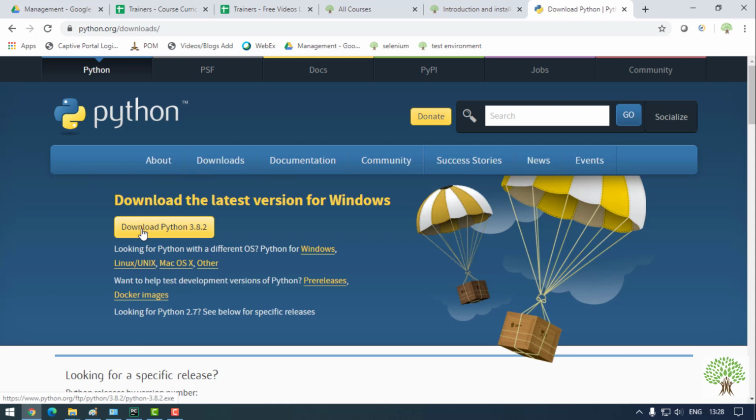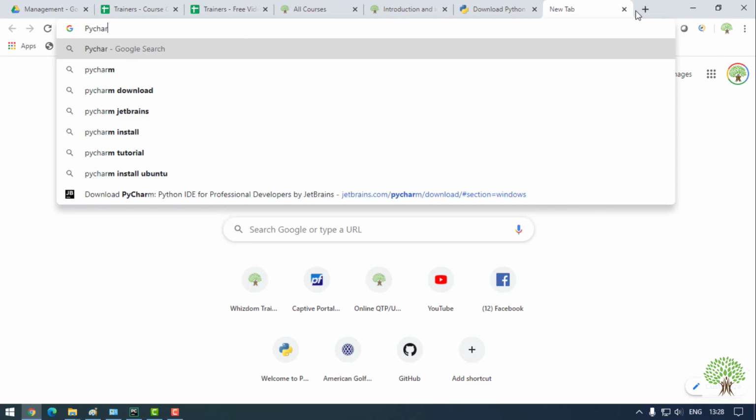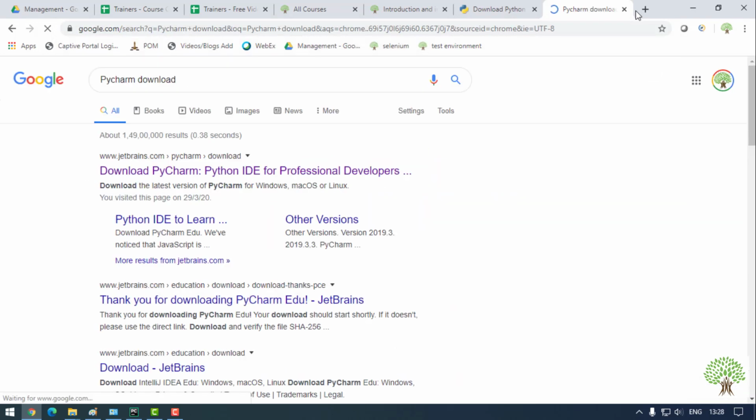Okay. Now when I talk about the IDEs, to configure them I need to have them in my systems. So firstly we'll be checking how we can configure the IDE PyCharm, and to download it I'll simply go over here and say PyCharm download, and I'll click on the official website link, www.jetbrains.com,